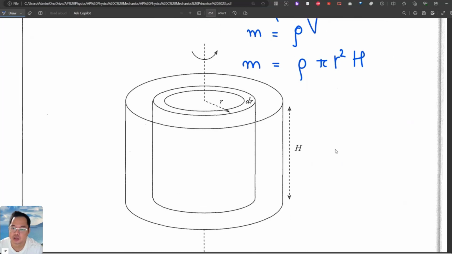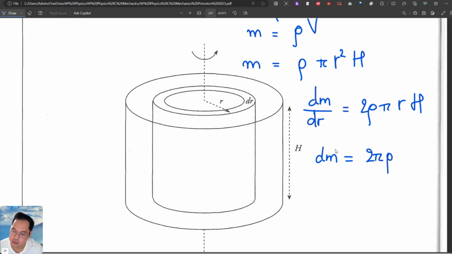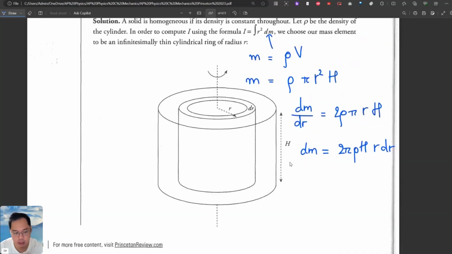Taking the derivative, dm over dr, we bring the number 2 to the front: 2 rho pi r times h. So dm can be represented as 2 pi rho h times r dr. Now we have the infinitesimal dr. Now we need to calculate the moment of inertia I, the integral of r squared dm. Replacing dm in this formula,